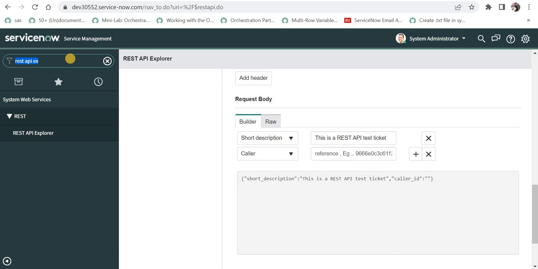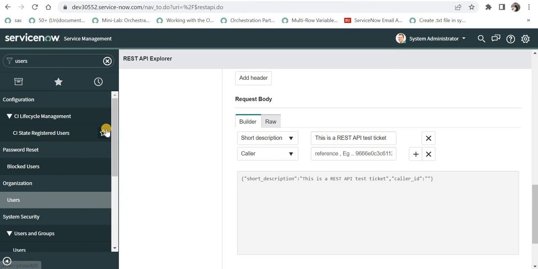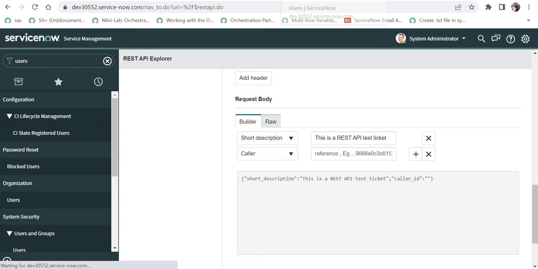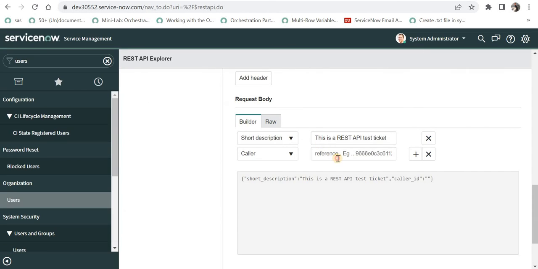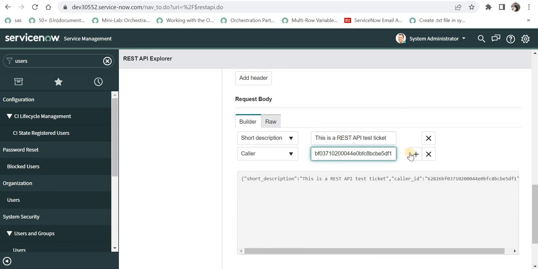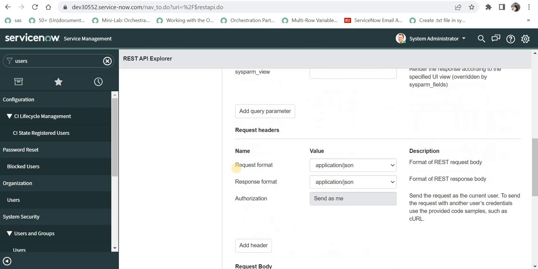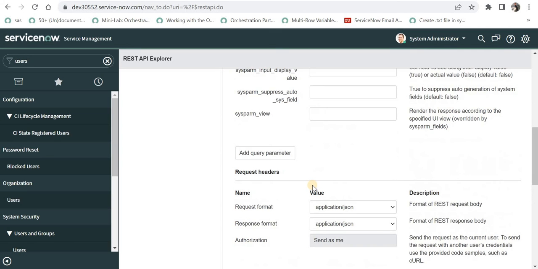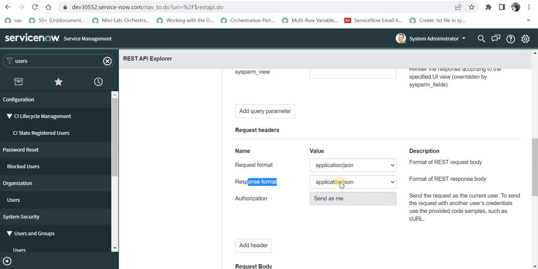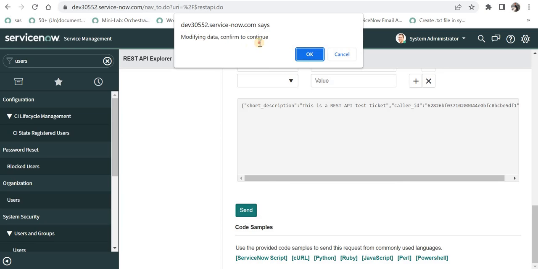Now for example, if I go to the users table and I copy one of the users' sys ID, let's copy Abel Tutor's sys ID, and I will paste it here, and I can add more fields on the incident table if I want to. One thing to note is I have requested the format in JSON. So the request is being sent as JSON, and the data which would be received will be in JSON only. I will go ahead and click on send,